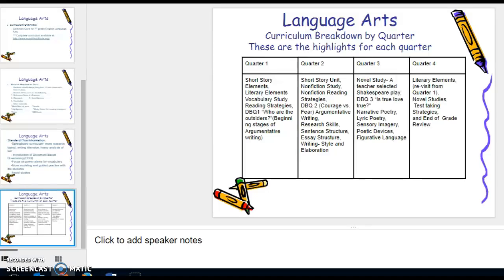Here are some of the highlights for each quarter. Quarter 1: short story elements, literary elements, vocabulary study, reading strategies, document-based question 1, DBQ1, who are the outsiders, beginning stages of argumentative writing. Quarter 2: short story unit, nonfiction study, nonfiction reading strategies. DBQ Quarter 2, or document-based question number 2, courage versus fear, argumentative writing, research skills, sentence structure, essay structure, writing